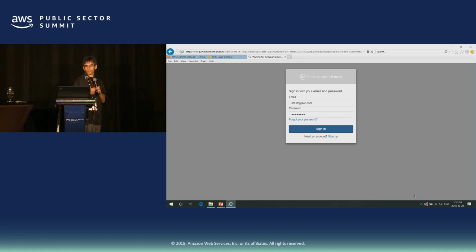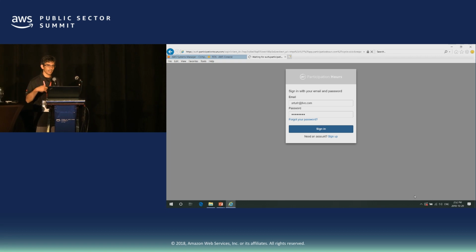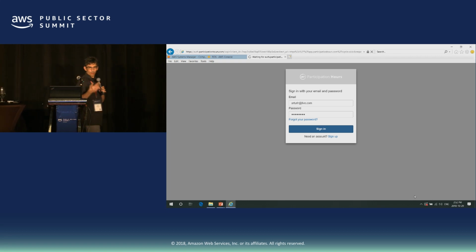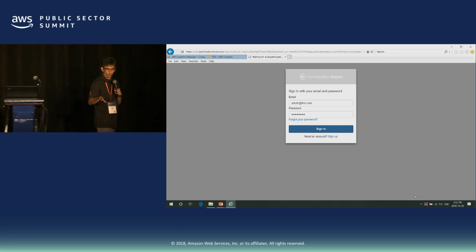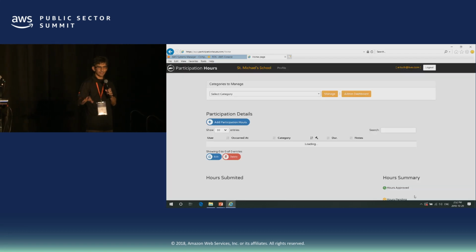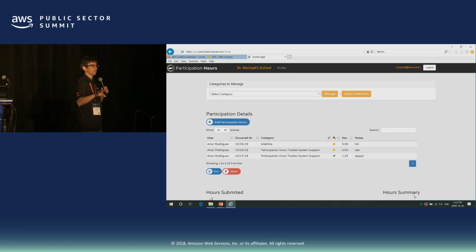So what's happening now while I'm authenticating? I'm getting all my user information, and I'm saving it in a DynamoDB table, because that's my session state. So if you developed a web application, you have to use session state, and that's my application. It's actually in production. This is not only a playground. If I mess stuff up with my application, I have parents call me. Right? I cannot play too much.